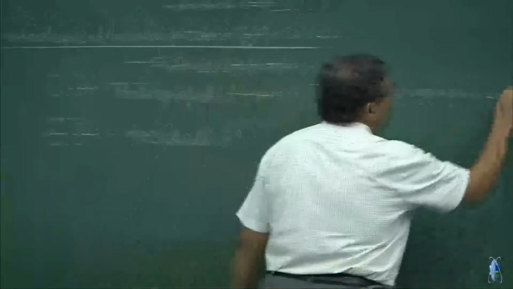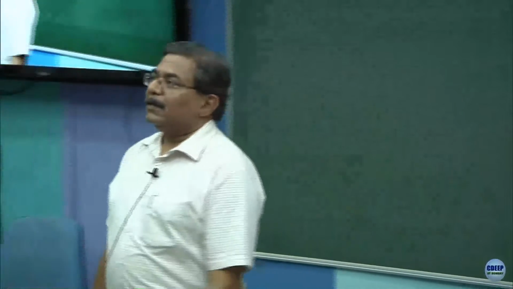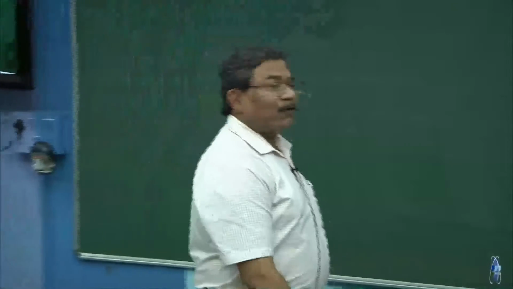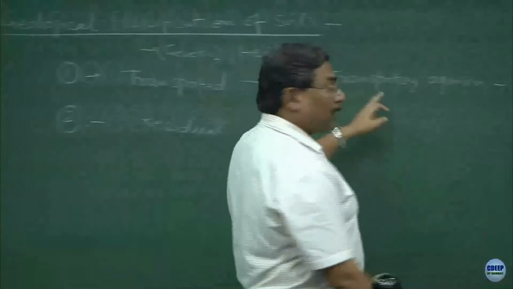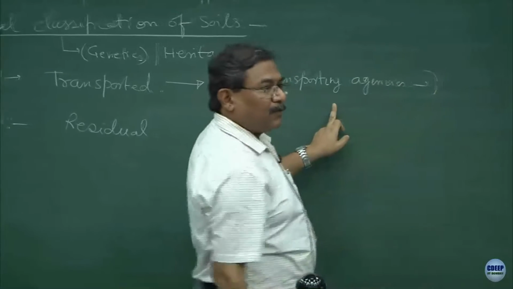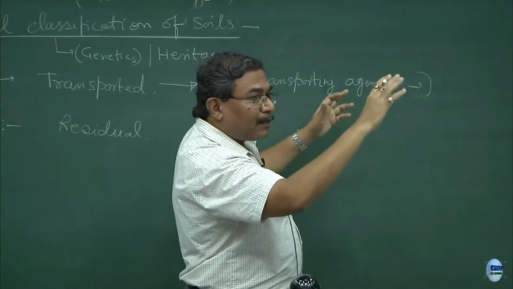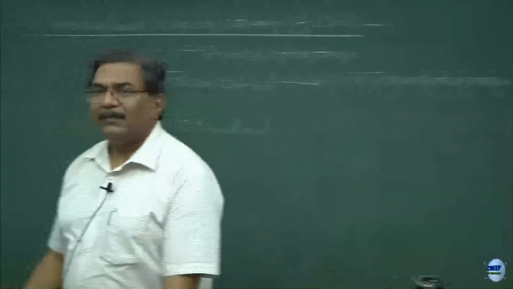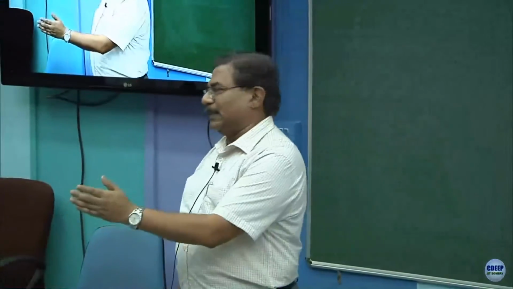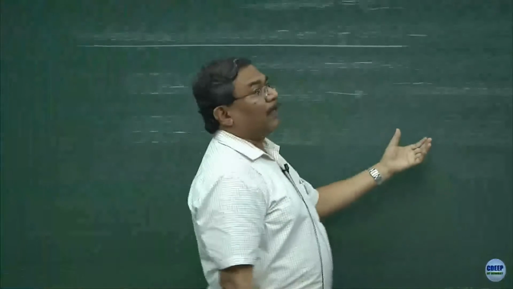Now, like human beings, you know, we are in different continents, agreed. So why does ice become a very important carrier or transporting agency? You go to another continent, Scandinavian countries, Norwegian countries, the countries where most of the time the entire thing remains snow bound. There is no free water on the surface, clear. So it is not possible that the rivers are going to carry anything from one place to another, clear. So it is totally because of the ice effects that the transportation could occur.